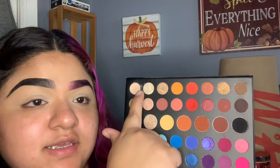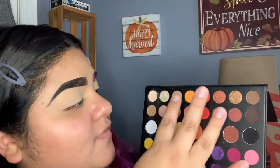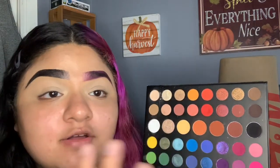And these up here, there's some shimmers, there's some reds, some nice fall looking colors in my opinion. Now, if you don't want to purchase a palette like this, I am going to be doing a more budget friendly